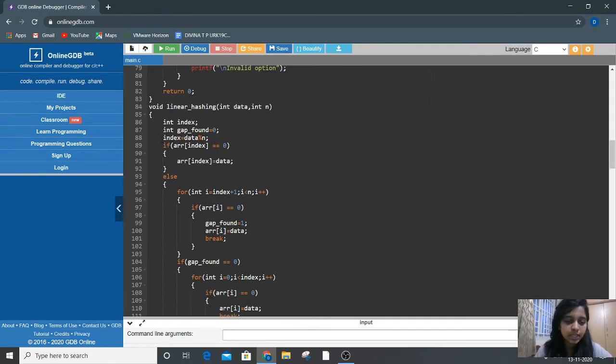So it will be placed in the position data modulo n. For example, if I give the number 30, and the total number of spaces in an array is 5, it will divide 30 by 5, and you will get 0 as the remainder, and it will be placed there.